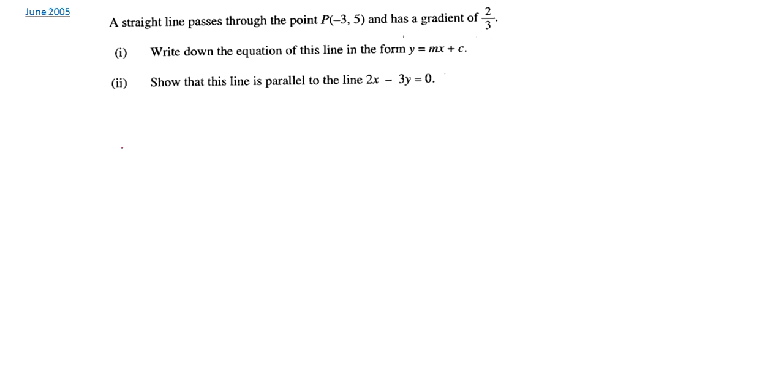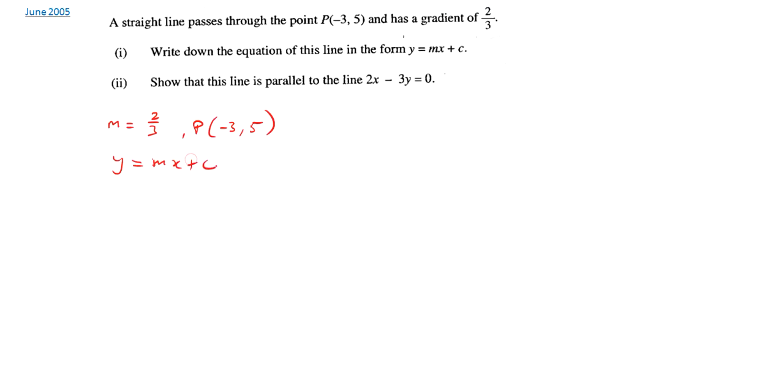We have another one here from June 2005. So we have a straight line that passes through the point minus 3, 5, and it has a gradient of 2/3. Write down the equation of this line in the form y equal mx plus c. Okay, so they have given us m is 2/3. They've also indicated that it passes through the point minus 3, 5. So therefore, the equation should be y equal